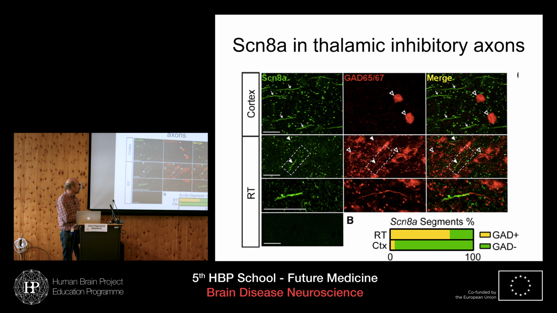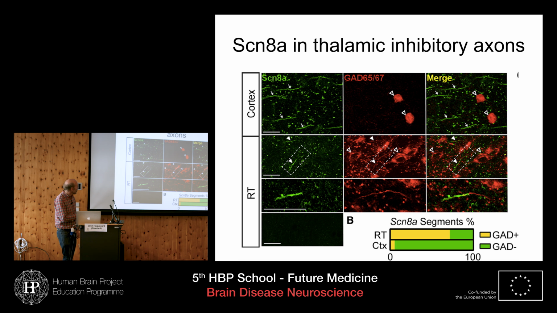He also tried to find out expression of 8A in the cortical cells, so this is now expression for GAD65, 67, marking inhibitory cells. There's no co-localization of 8A at all. So it looks like the 8A is really affecting excitatory cells primarily, and this can explain the reduced seizure susceptibility in those animals.